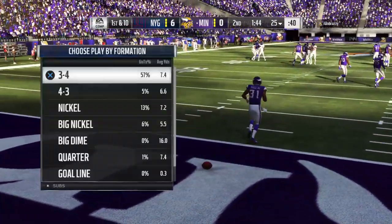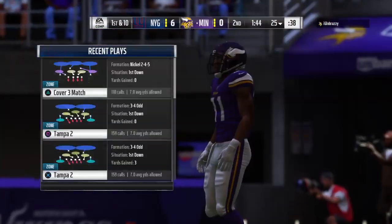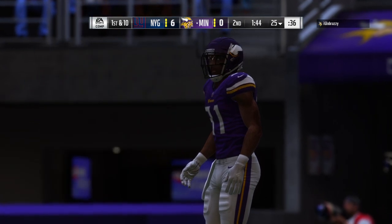And no run back here. This will be a touchback, and it comes out to the 25-yard line. The Vikings make